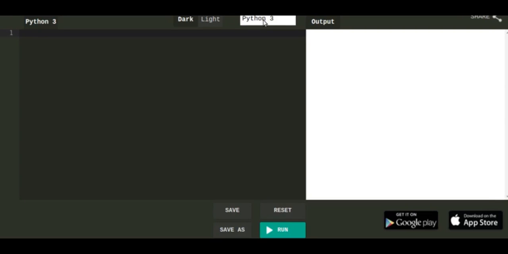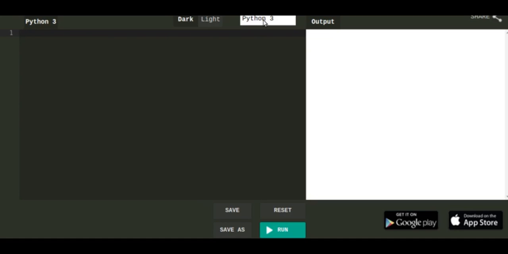I have selected the Python 3 console window, and now I will show you what a print statement is, how it works, what the application of a print statement is, and what the basic syntax is. Before covering those things, let's say what the basic application of a print statement is. In Python, anything which we want to output on the result window is printed by using the print statement.